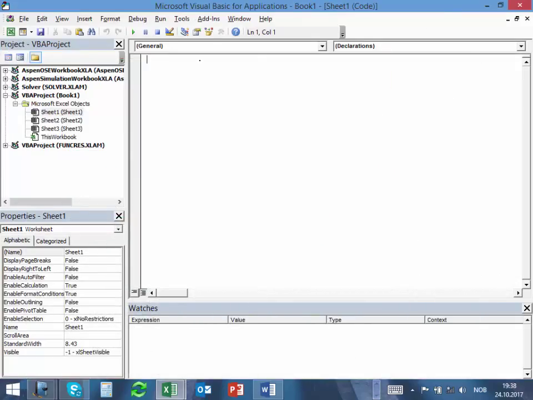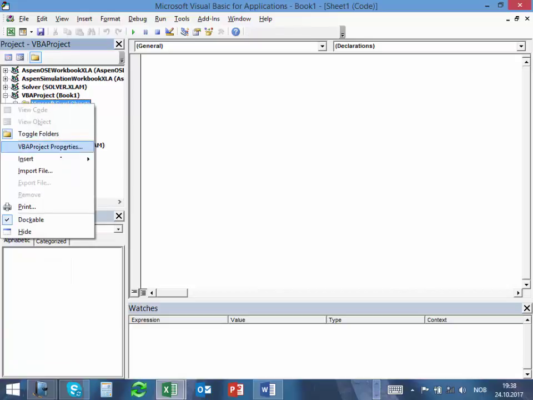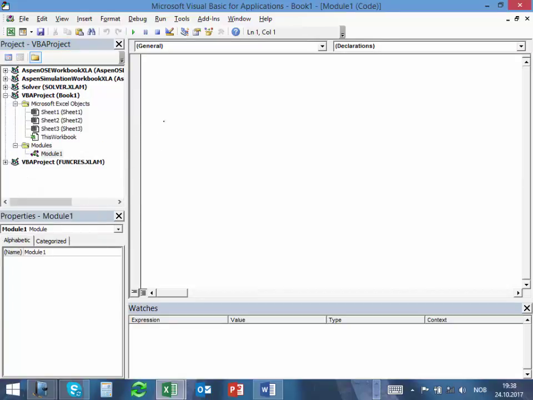For that you have to right click on object, insert module. Now this module is a common place where I can store my functions. To define a function, I first place the function declaration. I write on the white space. And then I put the name of the function, which has to have some logical name. So let's call it